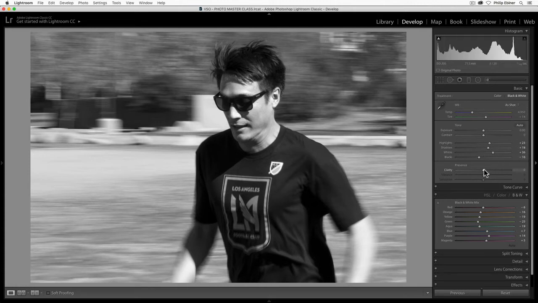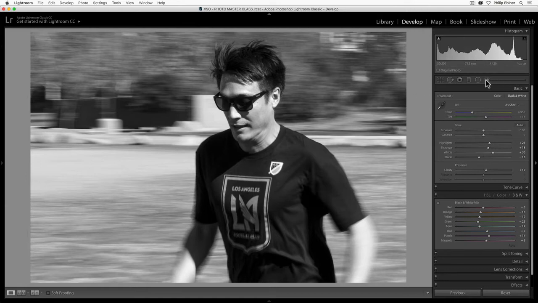I will boost the clarity just overall, but there's parts of this image that aren't as sharp as I want them. Now, we talked about how with the sharpness filters in Lightroom, you can make things that are slightly out of focus appear a little bit more sharp. This isn't going to make something blurry appear in focus, but let's test it out.